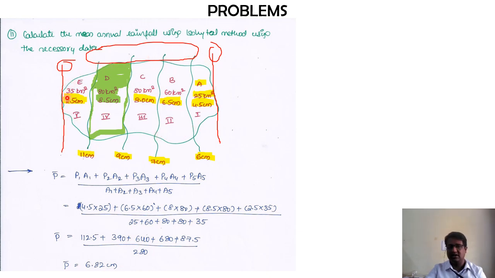So here also the basic thing to understand is that only the formula for P1 plus P2 by 2 is changing, but ultimately you are multiplying the rainfall data collected by the area, plus the rainfall data into area, and so on. So we are just adding these individual sections together and dividing by the total area to get the average precipitation over that entire catchment area. Okay, so this is how we can proceed with the problems on the isohyetal method. This is the second type of problem when it comes to the isohyetal method.